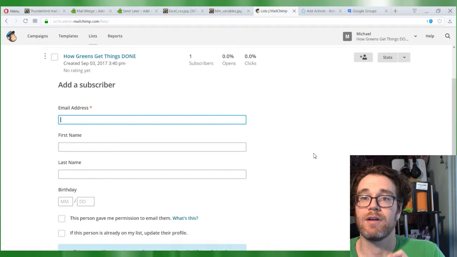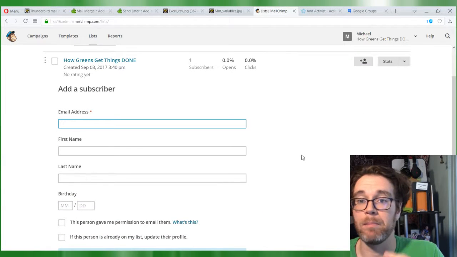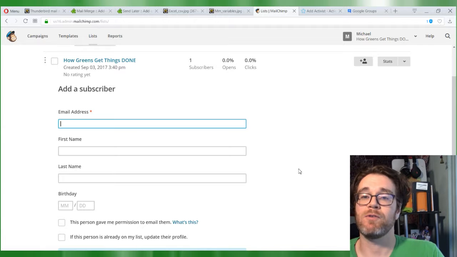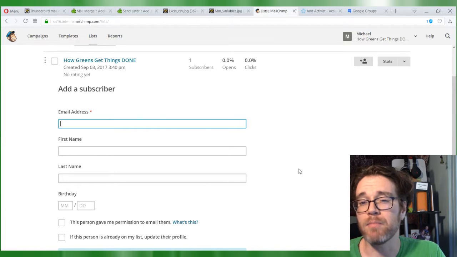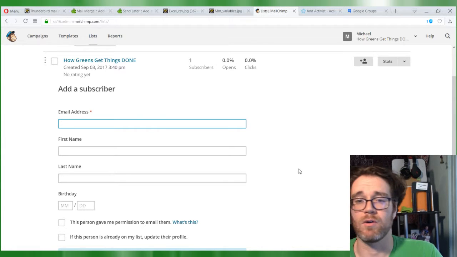Now, you will face the limitation that since MailChimp is primarily an email blaster, an email service provider, all of your contacts need to have an email address with them. So if you get a sign up at your table and they didn't include an email address, then you're not going to be able to include that in MailChimp. So you won't be able to put that contact into MailChimp because there's no email address to go along with that contact. So you probably are going to need to use your spreadsheet or Google Sheets or Zoho Sheets, whatever you're using as your primary